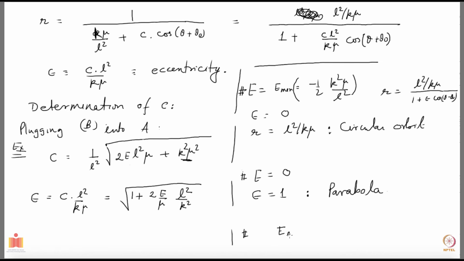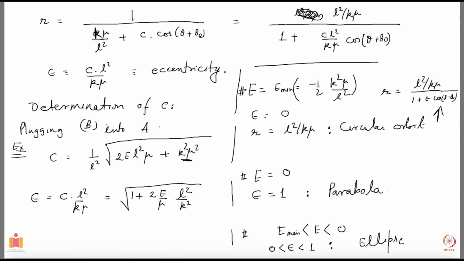Now let's look at energies which are between E minimum and 0, and remember E minimum was negative. Okay, so I am looking at such energies. Now in that case, our epsilon, or the eccentricity, is between 0 and 1. You can check. When E is 0, epsilon becomes 1. Otherwise, of course, because E is negative, it is always smaller than 1. But it is more than 0 because I'm not touching the point E minimum. Okay, and for this you know that it is an ellipse. This equation is of an ellipse.